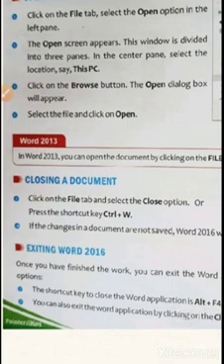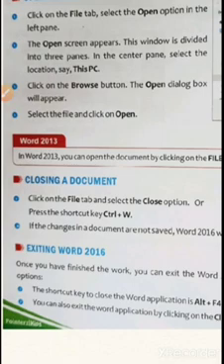See, there is a difference between closing and exiting. Closing means you close one particular document. The application will be running, but you are closing only one particular file. If you have 2-3 Word documents open and you close one, the other 2 Word documents are still running, the application is still running.